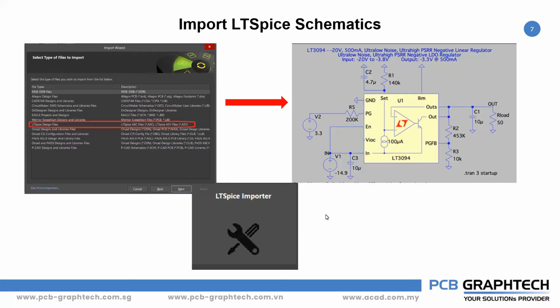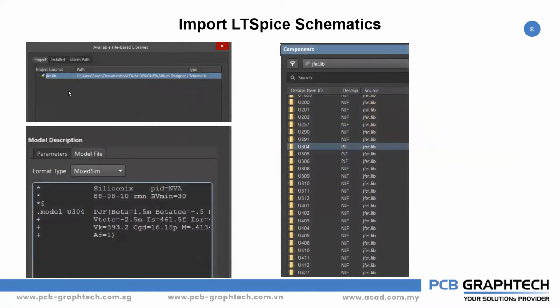Then coming to the library. If you have your own library model files, whether you have downloaded them from a website or got them from Octopart, and you want to add that model library to your software, you can add it under the project tab or install tab. So you can add your library. For example, I have one as jfed.lib. For simulation models, you can use the .lib files with this extension. So the jfed.lib file, you can import it, install it, and use it here.